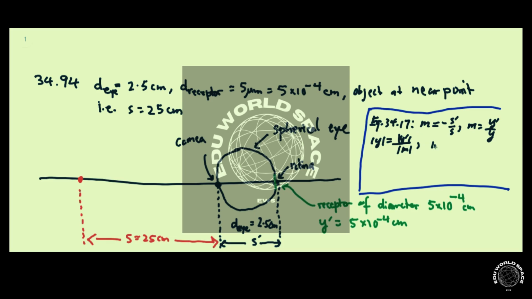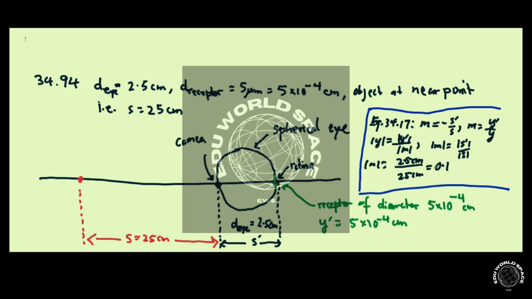So m is equal to s prime over s, which is 2.5 centimeters divided by 25 centimeters, and that gives me